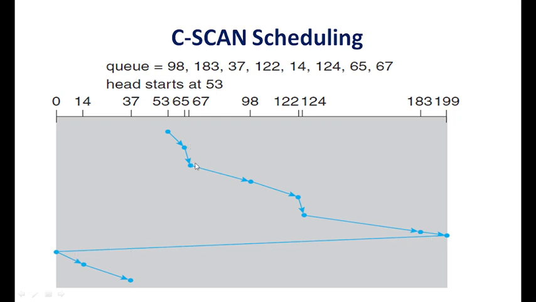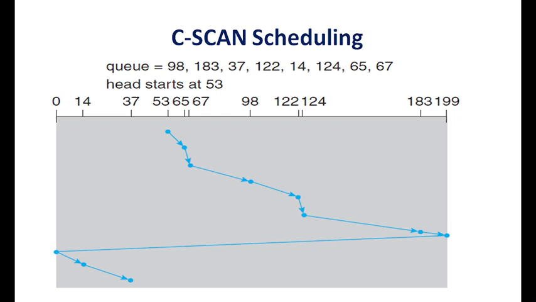So while computing the result, we should not take the difference of 199 and 0 and add it to the result, because it's not taking any request while returning. It is as if straightly jumping to the 0th track, and from the 0th track it goes up, and while going up it takes the requests. So the essence of the C-scan algorithm is that it only takes requests in one direction,